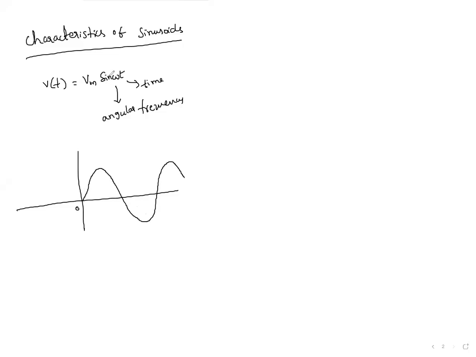Since it is a sinusoidal function, when omega t is equal to 0, the value sine 0 is 0. So it will start from this point. Understood? If you take the cos, then it will start from 1, the maximum value. So be careful in that. And when omega t is equal to pi by 2, it will have the maximum value. So this maximum value is the Vm by the equation.